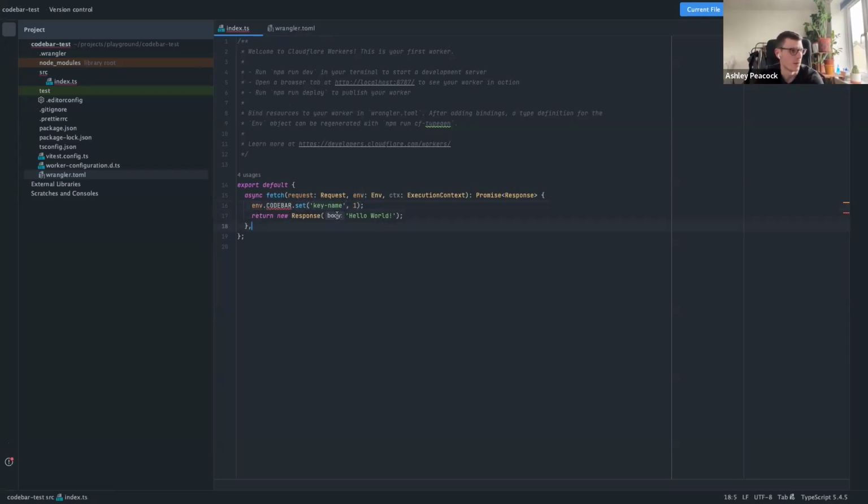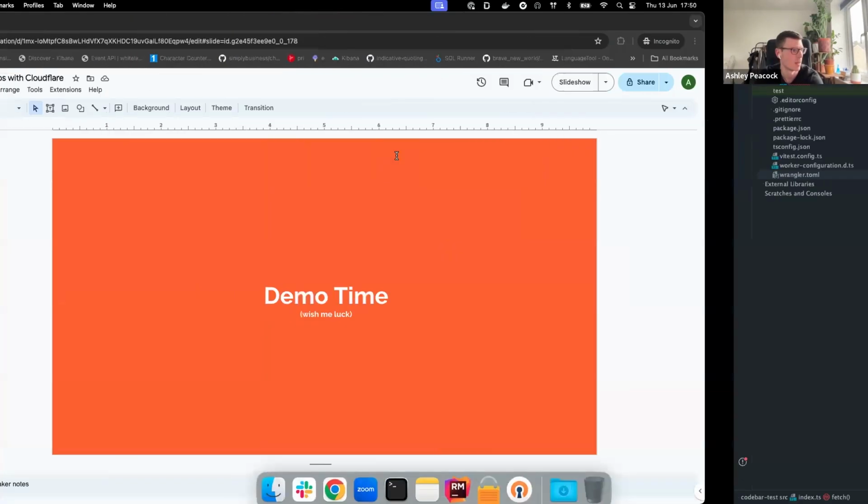Ignore the highlighting, it would work. And this is the kind of magic where this would magically now be available to you. This will be effectively like a library that you can use, and Cloudflare maintains and injects this for you. You just call methods on it with what you want to do, and they will execute against whatever's bound. And you can bind as much as you like. You can have multiple namespaces and all sorts. But it really is powerful, and it allows you to move, in my opinion, very, very quickly.